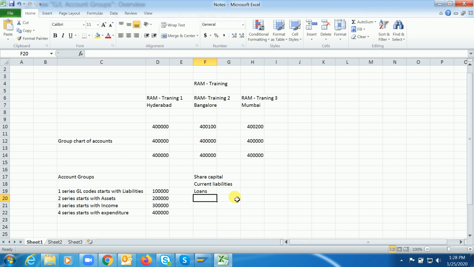Short term loans and long term loans are also in this one, loans. Okay, for the time being we'll create these account groups. For the assets, 2 series,